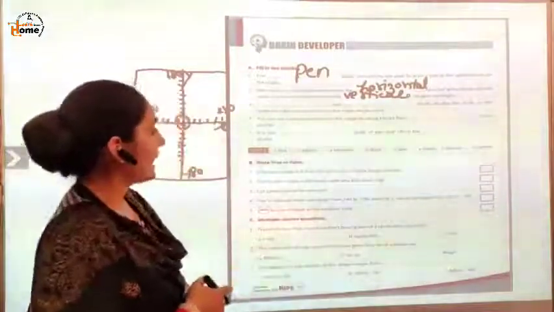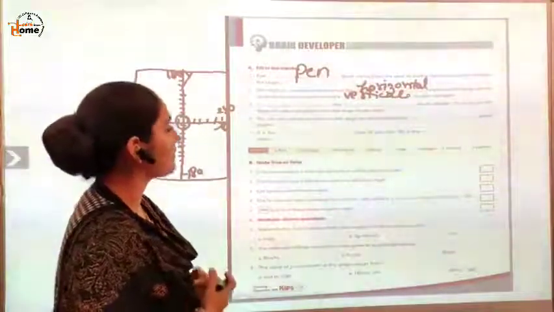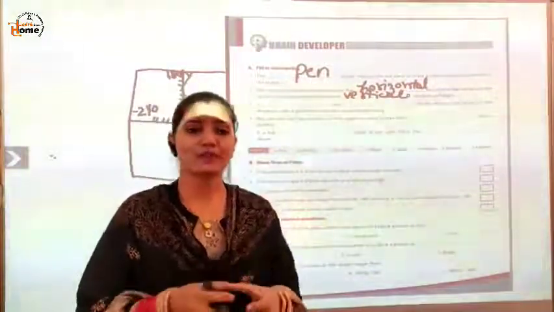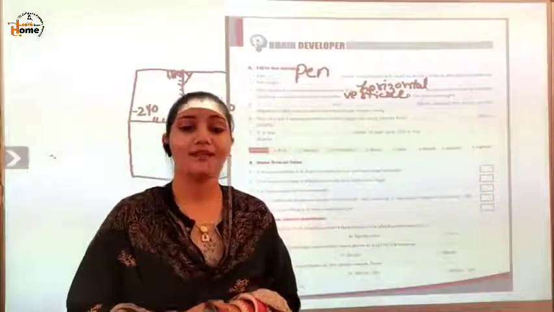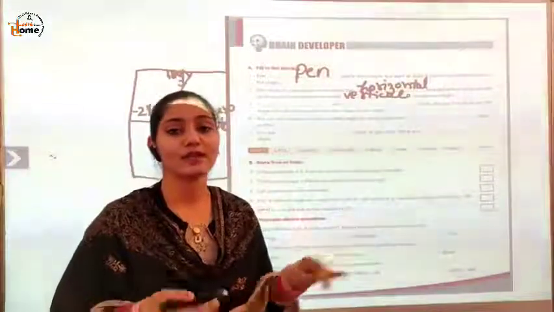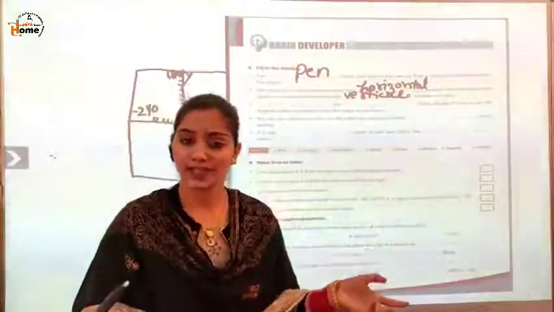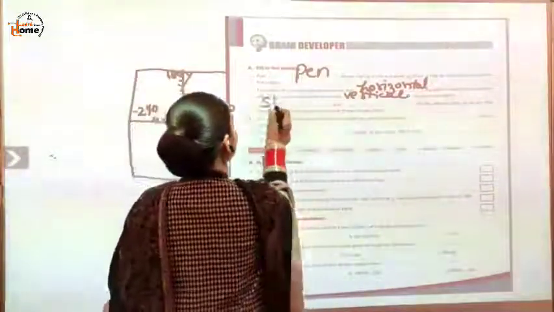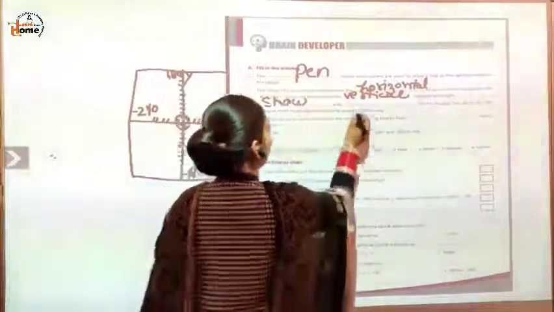Next fill up. Dash and dash blocks display the sprite on the stage or make it disappear from the stage respectively. Which block do you use to display or hide the sprite from the stage? We use the show or hide block. If we use the show block, the sprite will be visible on the screen. If we use the hide block, the sprite will disappear from the screen. Okay, it will be hidden. So which blocks? Show and hide.